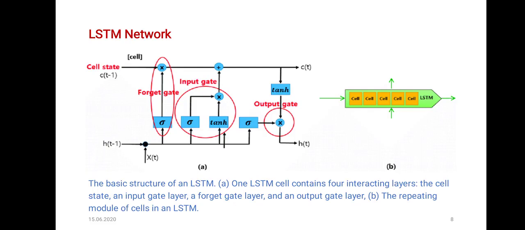It can process not only single data points such as images, but also entire sequences of data such as speech or video. A common LSTM unit is composed of a cell, an input gate, an output gate, and a forget gate. The cell remembers values over appropriate time intervals, and the three gates regulate the flow of information into and out of the cell. LSTM networks are well suited to classifying, processing, and making predictions based on time series data. Since there can be lags of unknown duration between important events in a time series,